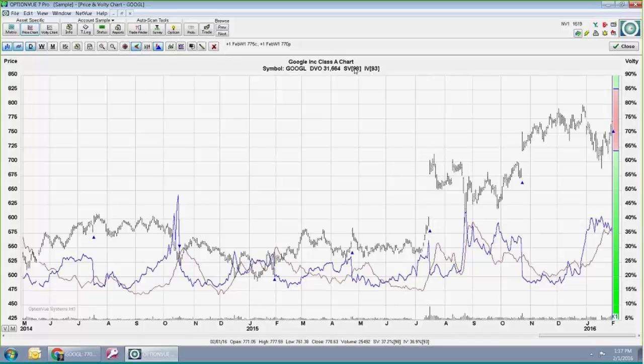That's also shown up in this once you're superimposing the volatility chart. The 98 and 93 means the SV is at the 98th percentile, meaning 98% of the time it's been lower than it currently is. And IV, 93% of the time it's been lower, so it's been moving a lot and more than usual.